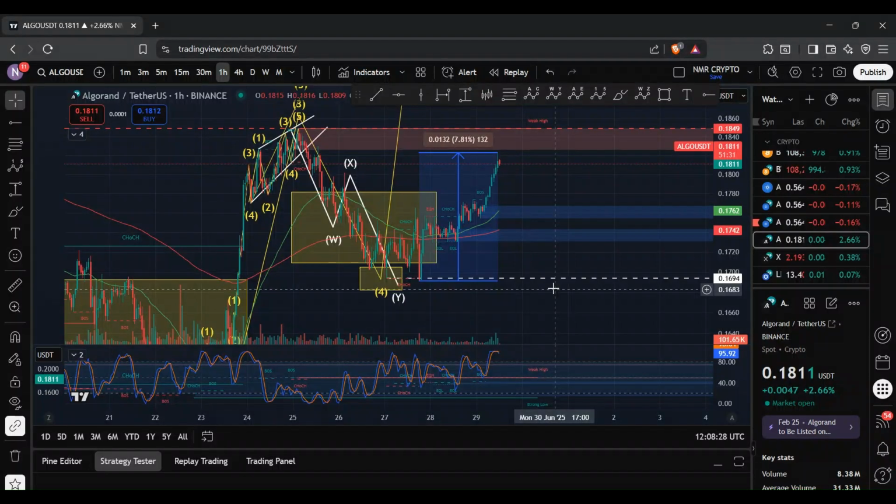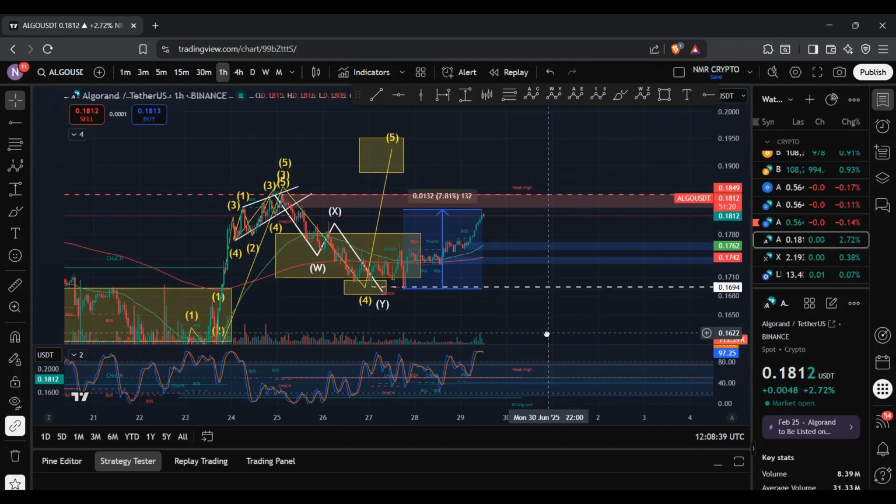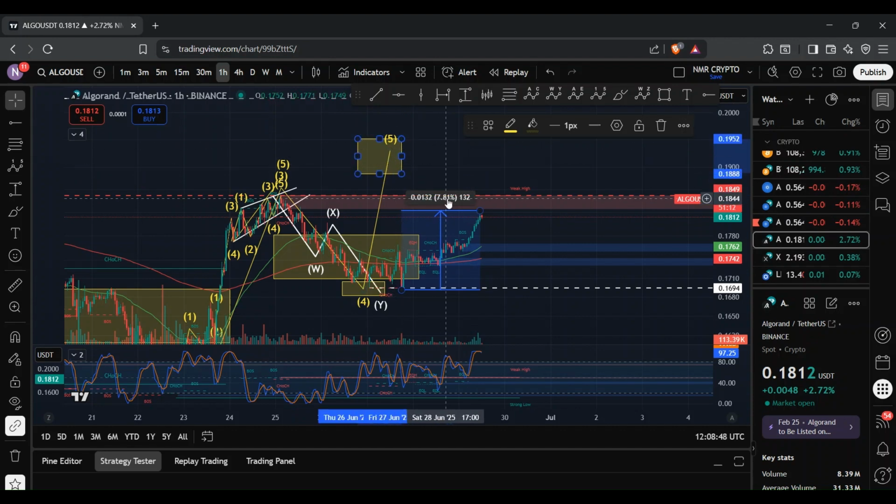So ALGO has surged by just under 8%, following a smooth move to the downside where I've been tracking a corrective move made up of a WXY structure, and that would then complete the wave 4. And so what I'm looking at right now is a continuation to the upside where we then breach past this local high at 18.49 cents and then tap into the wave 5 target sitting between 18.88 cents to